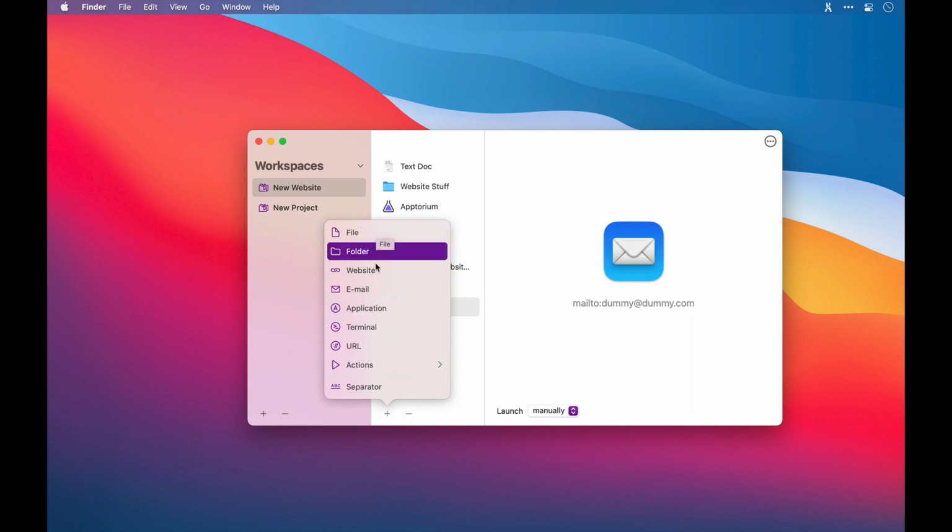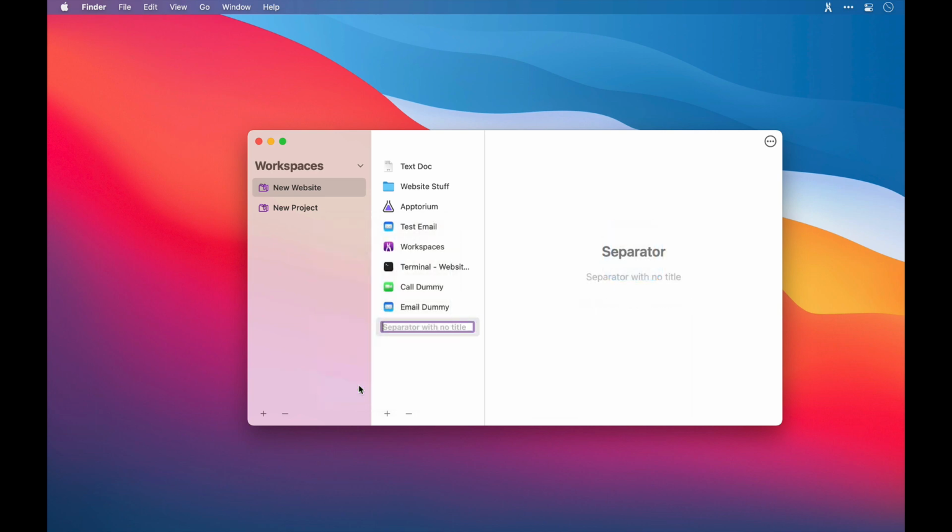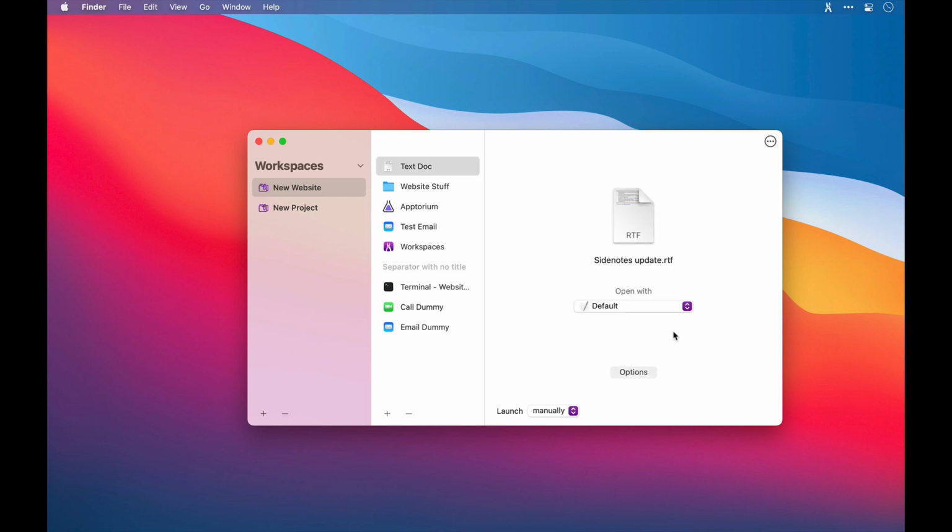And then finally here we have a separator. Now you can give this a title, although you don't have to, and this just acts as a logical separator that you can drag between resources. So you could create a section here for calls, one for emails, one for applications, one for source files perhaps, one for audio files. Do you see what I mean? There's lots of options that you have here, all available in a nice segmented little workspace.